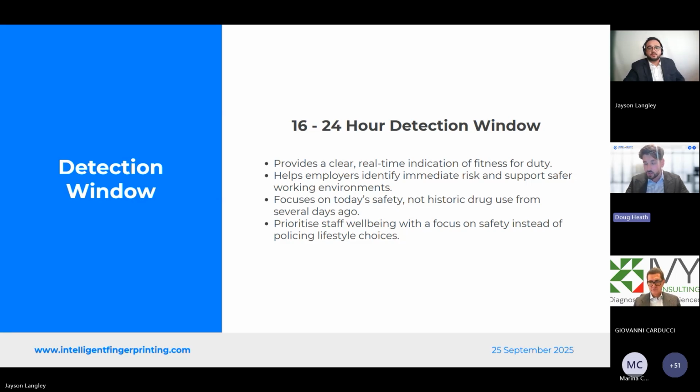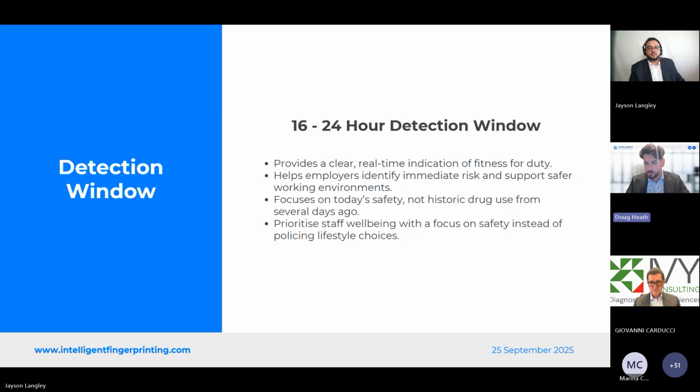Now, that isn't a condolence of drug use. We know drug use is on the rise, and it's a real situation that we have to tackle. However, even amongst drug users, I would argue they have an appetite for a safe workplace. If we think of a breathalyzer, it's monitoring that recent impairment, I'd like to think that's very similar to a fingerprint test. If a breathalyzer worked like a urine test, where it looked back over a week or so,